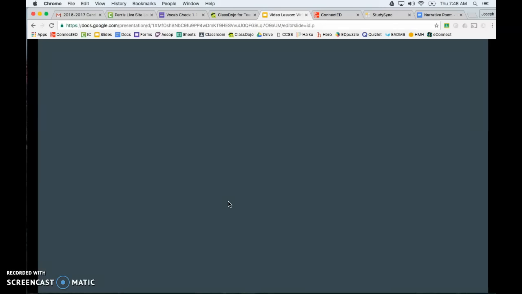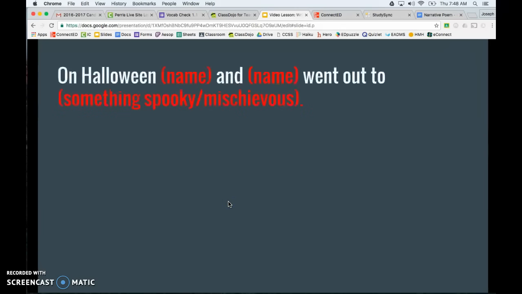Your first line of the first stanza: On Halloween, name and name went out to something spooky or mischievous. Anything in red, I want you to make up your own stuff for, your own names of the two characters and something that they're doing. For all of this frame, feel free to change any of the white as well. That's up to you.